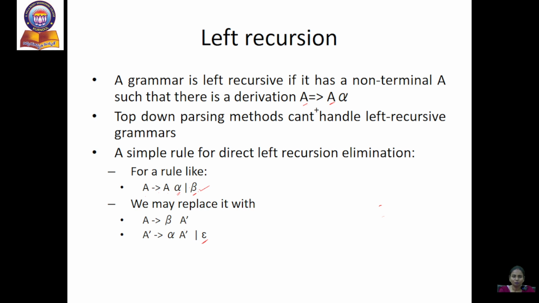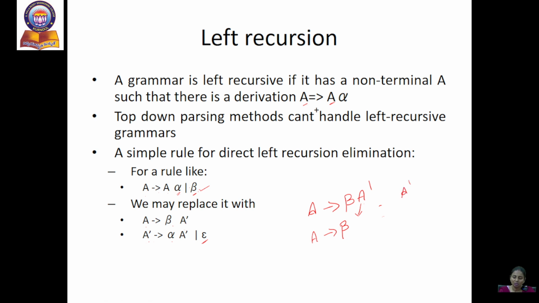Now you can check, A is deriving beta A dash, so left recursion is not there in this production, and A dash derives alpha A dash, so here also no left recursion is available. Like this the given grammar should be rewritten, and the meaning should not be changed. For example, you can check here what we have. A derives beta A dash. In the place of A dash, if I substitute, A derives beta,